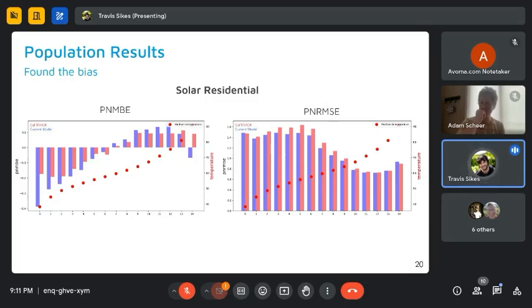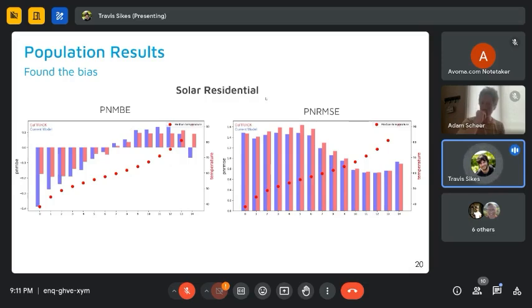This can easily result in having a lower PNR-MSE but higher PNMBE. Also, these things do cancel out with how mean bias error is calculated, so you also have to take that into consideration.